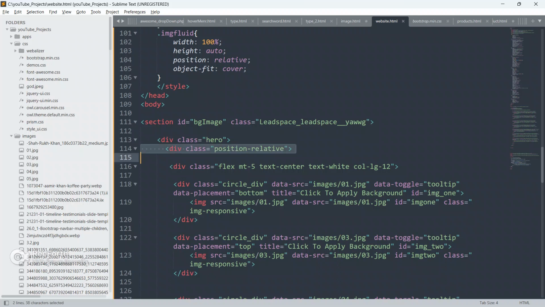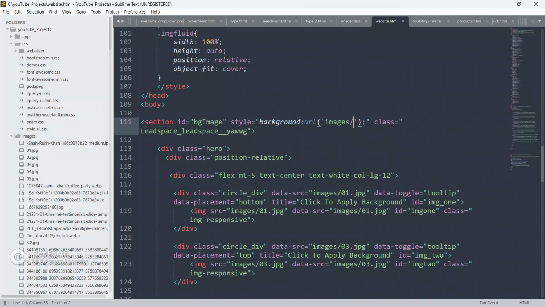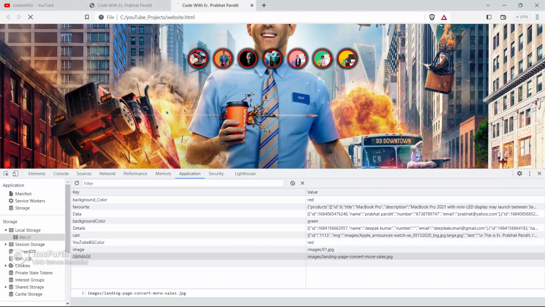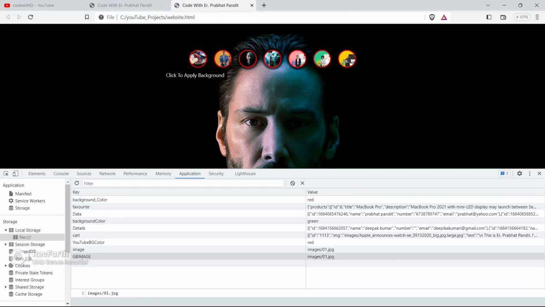So we have to give some inline CSS, so just put style here as style equal to background as url, okay, and give images 04.jpg. Save your code, go to the browser and refresh your page.